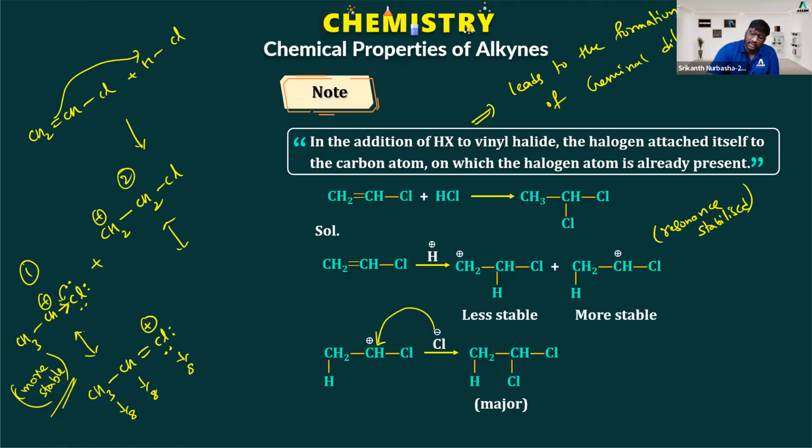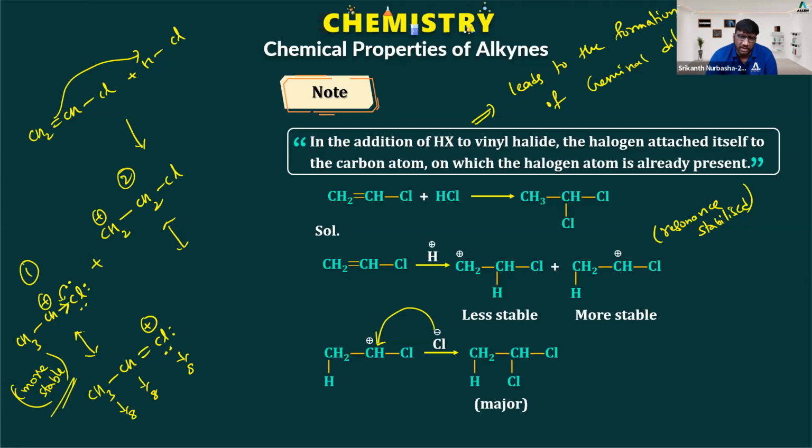Why you should not think like that? Repulsions are there everywhere. The reaction proceeds to that particular transition state, that particular intermediate, which is more stable. Understanding this point or not? Two chlorines, you may ask a question, sir, both the chlorines are on the same carbon. Do they repel? Yes, they do repel. Because both the chlorines have lone pair of electrons. Both the chlorines are large in size. Repulsion is there always. But